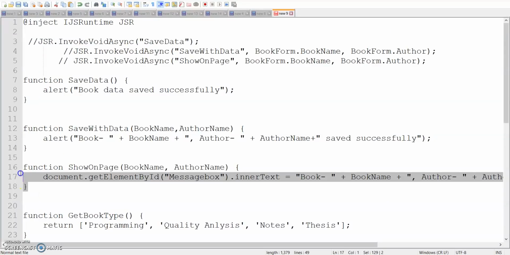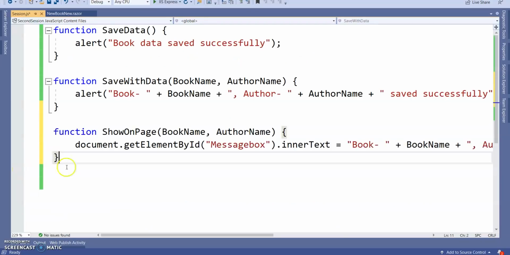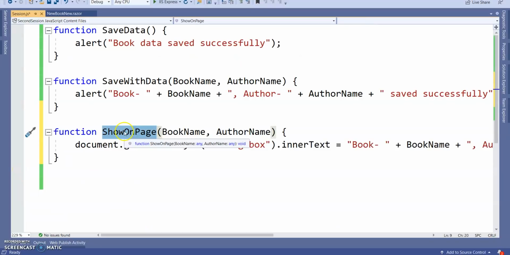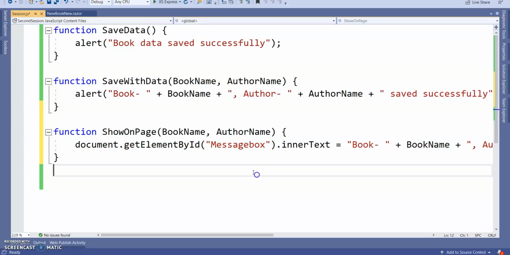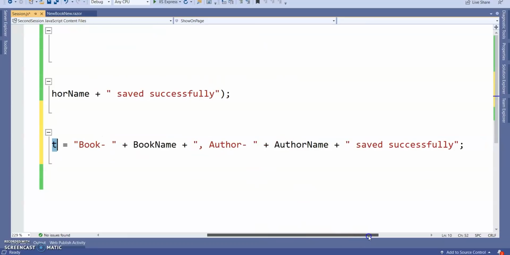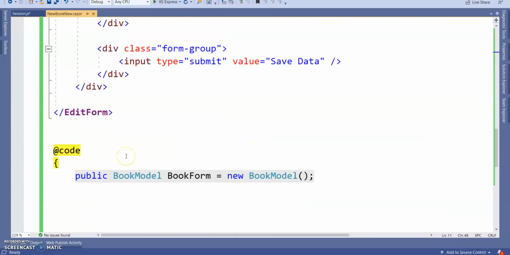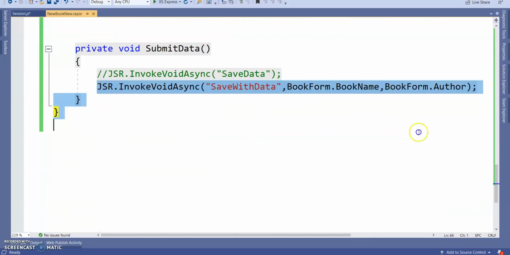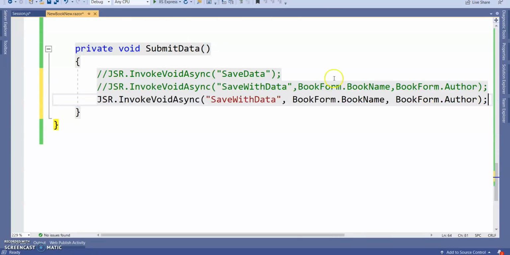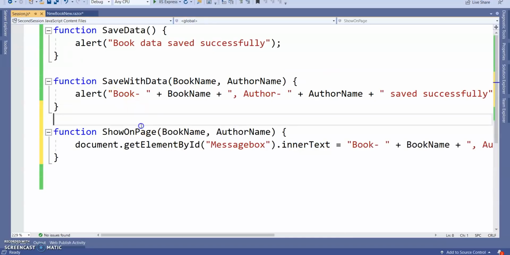For this, on the page I wrote an extra function, same book name, author name. Here it is just our traditional JavaScript, document.getElementById, innerText. I am assigning the message. Next, go to the Razor view. We need to call that particular function.